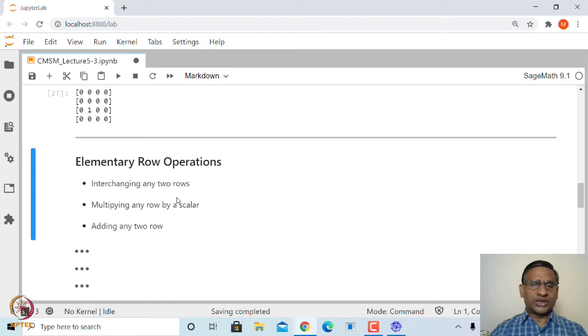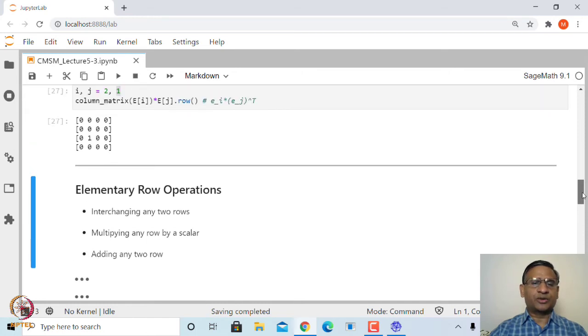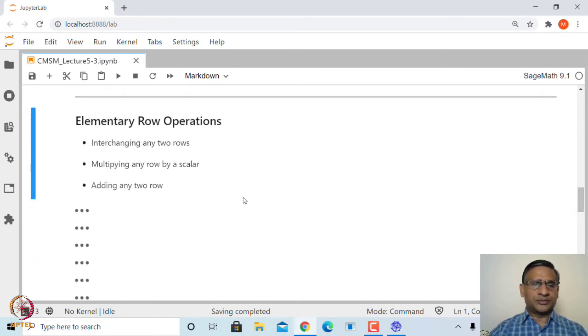You can add one row to another row, and you can take any combination of all these things. These are called elementary row operations, because when you apply these operations on a set of linear equations, the solution does not change, and this can be translated to row operations on the system of linear equations Ax equal to b. I am sure you must have solved many problems by using elementary row operations, and the idea behind using them is that you want to convert the system into a simpler system.